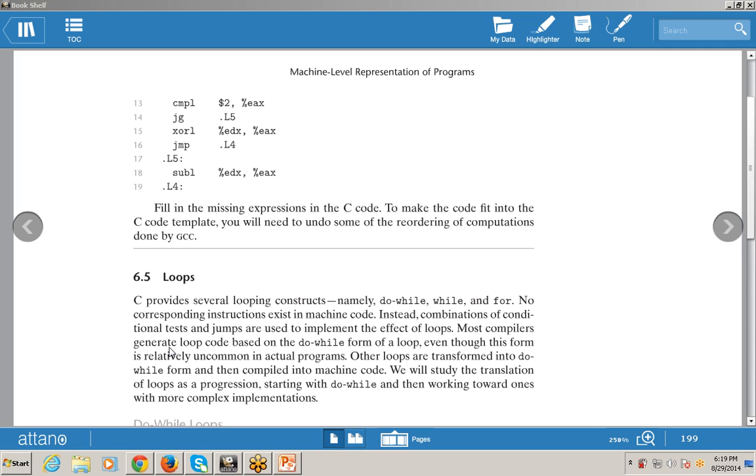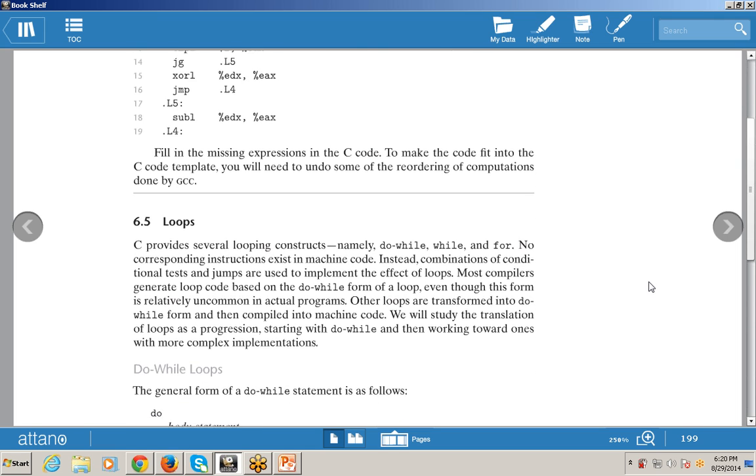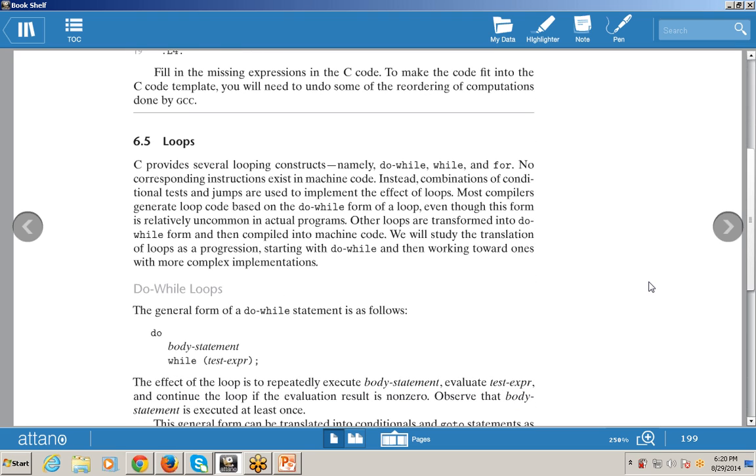Most compilers generate loop code based on the do-while form of a loop, even though this form is relatively uncommon in actual programs. In machine language, these loops are converted to jump statements as well as conditional tests.